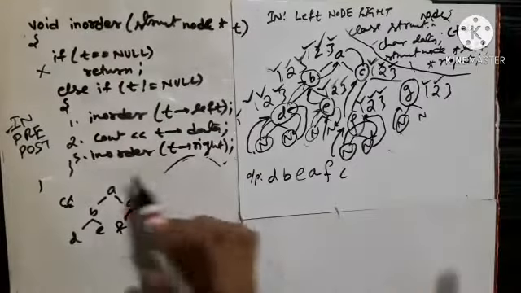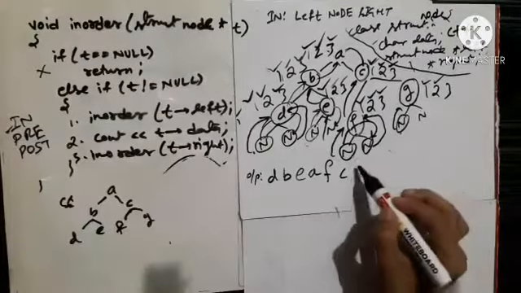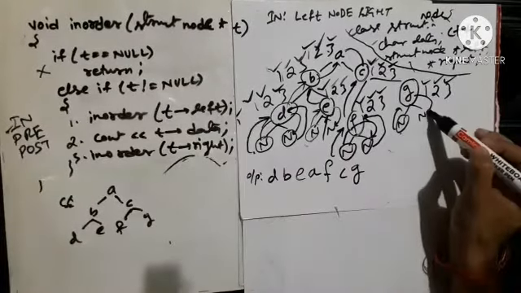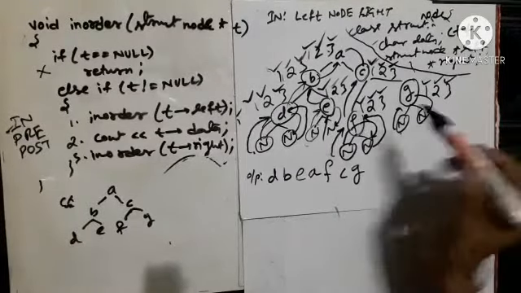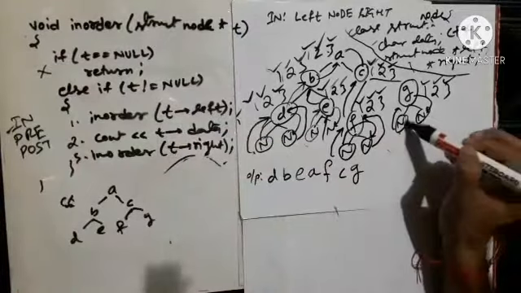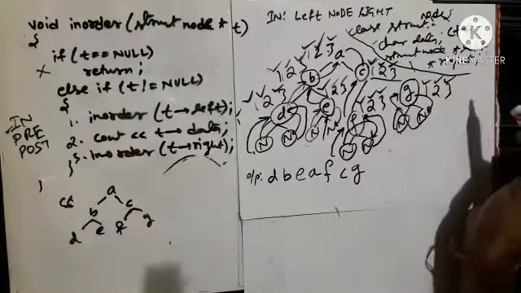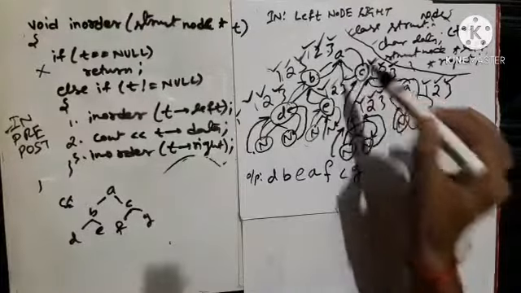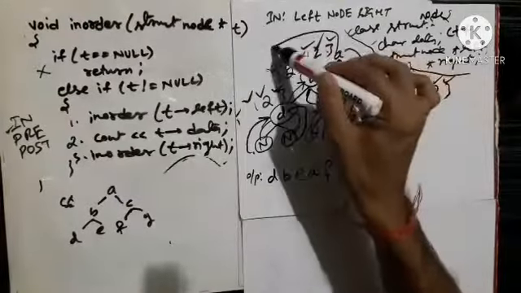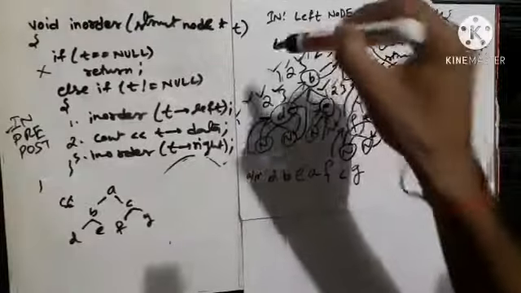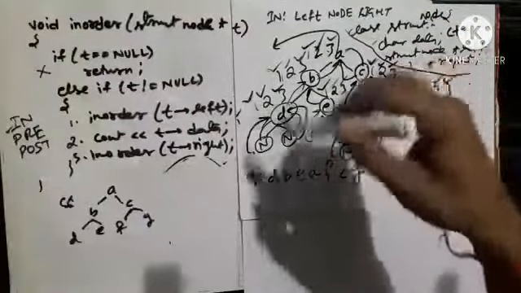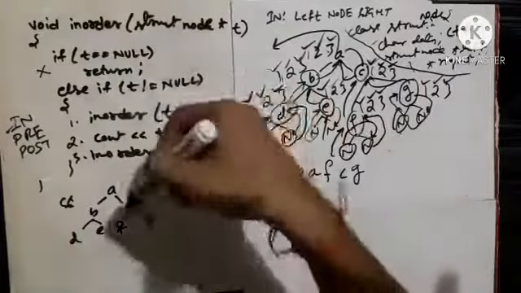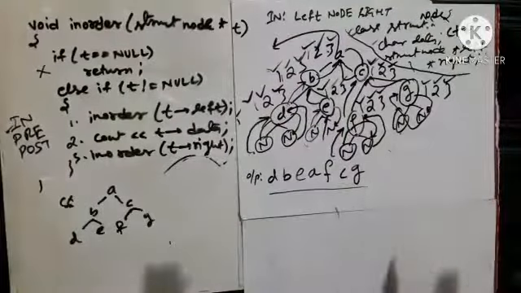Now it will execute the second statement which says cout t ka data, anyway it is g, and now it will execute 3. Again from g control comes back to this node which is null, so return nothing. The control will again go back to g. Now g has already executed, it will give the control back to c. C has already executed, so c will give back to a. A has already executed, so it will give the control back to the function which called this function. So this is over, so easy.